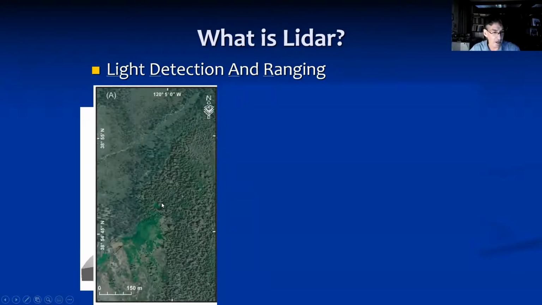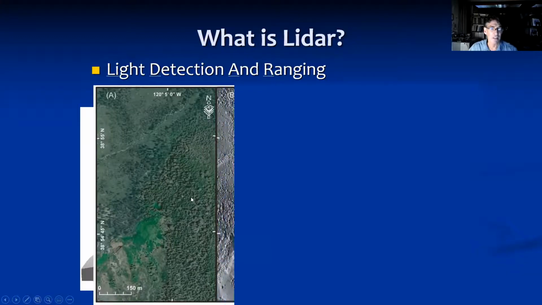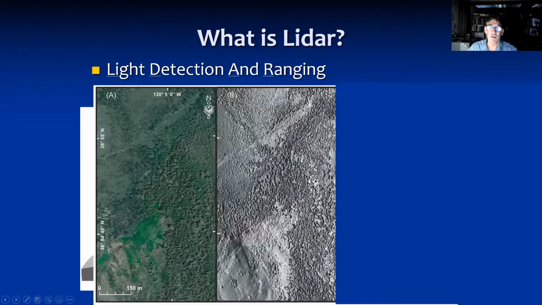This is actually down near Lake Tahoe, another place near and dear to my heart. So when you just see an air photo of it, or topo maps are usually made off of air photos like this, you can see the ground in places, but a lot of it's covered by trees. If you look at the raw laser scan that includes the trees, it looks not too different from what you've got there. You've got lots of trees. You can see the ground in places, but again, the trees are kind of in the way.